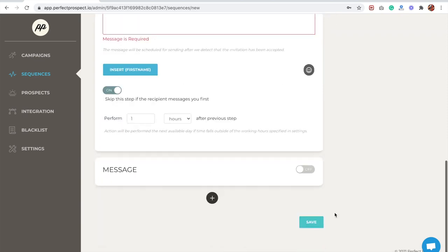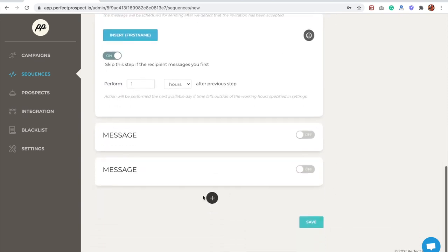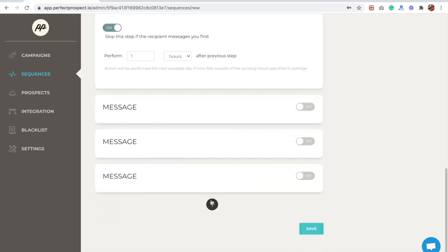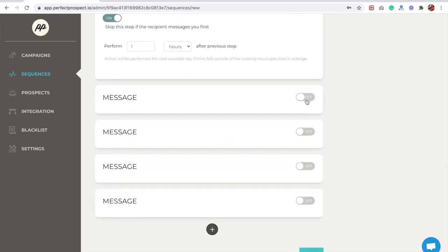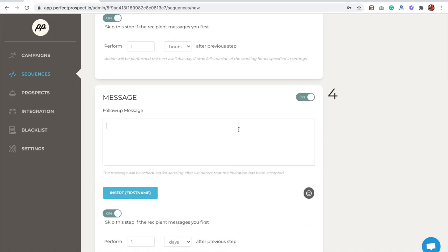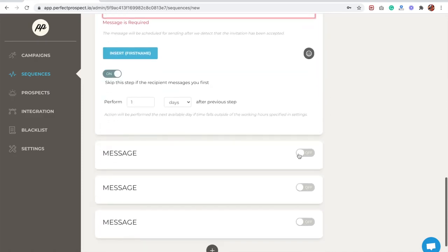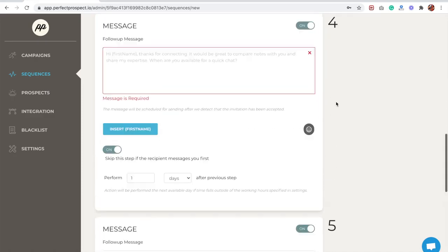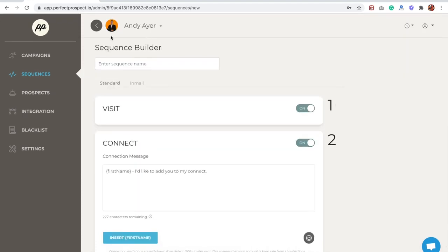And we have the ability to send as many follow-up messages in this drip sequence as we like. Once you have your sequence built,